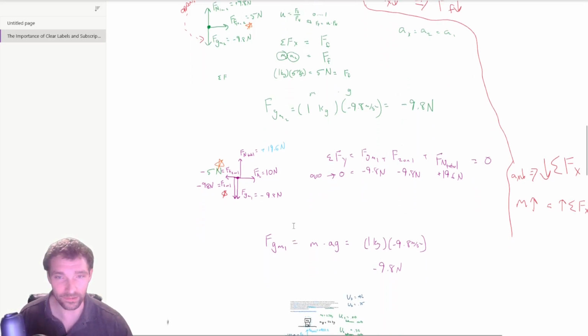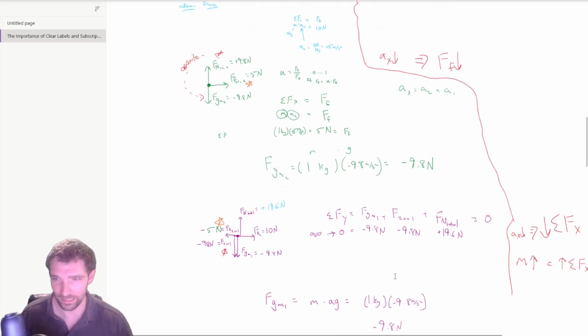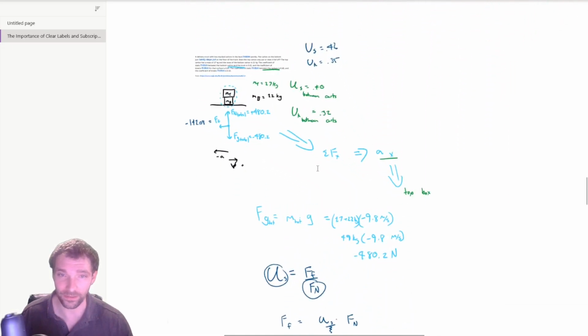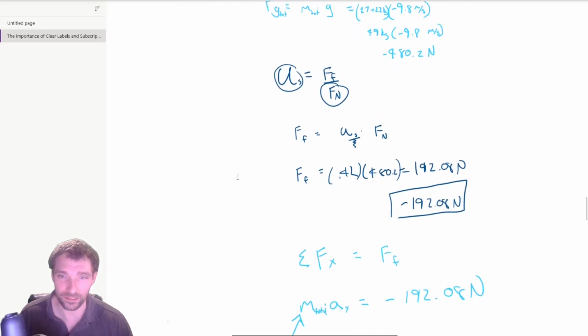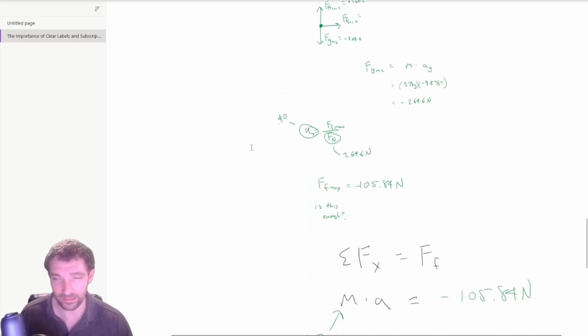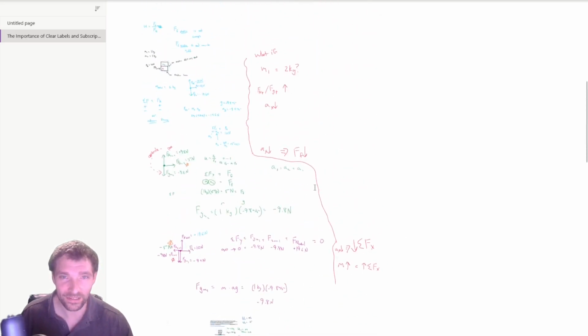This is a thing that I use a lot. You can see I've got F of g of mass 1, so there's all kinds of things that you can add onto the subscript. Just keep on adding, and if you've got clearly labeled diagrams, you should know what you're talking about. And then I might do MT, MB instead of M1 and M2. That could be one way of notating those different masses. If there's a car and a truck, sometimes I'll do C and T. So there's all kinds of different tricks that you can do to keep track of what's what. I really should have my units with that acceleration value, but you can see why this helps